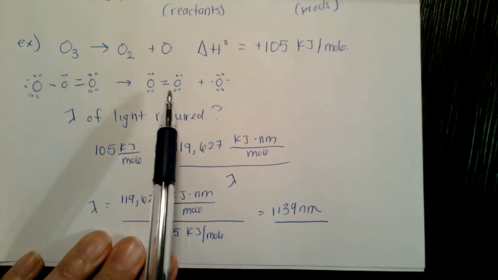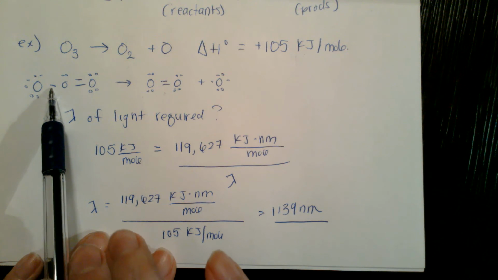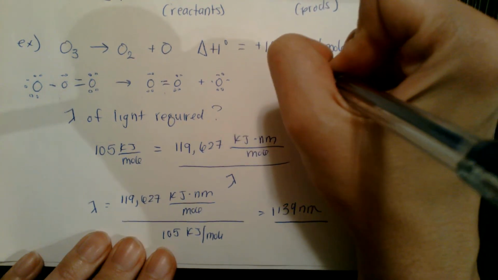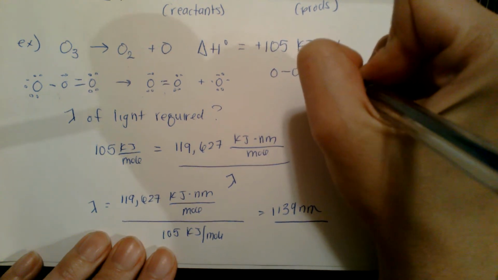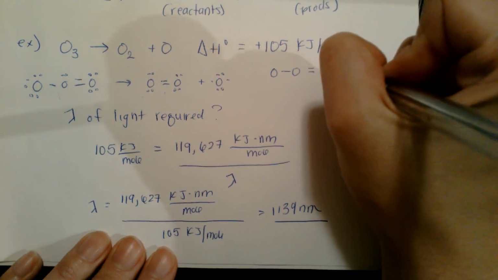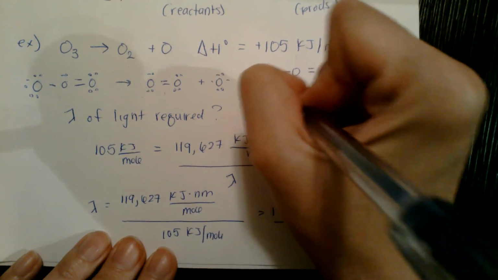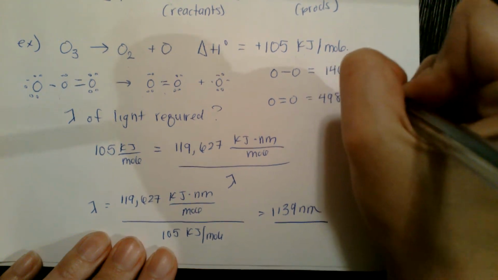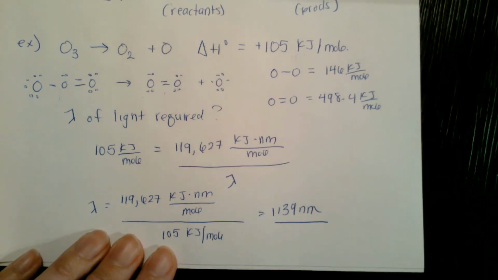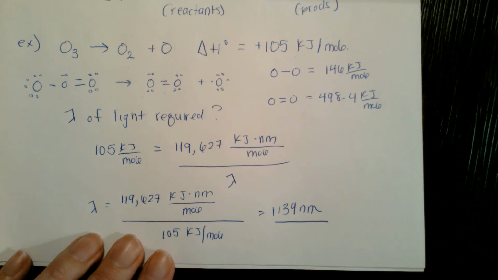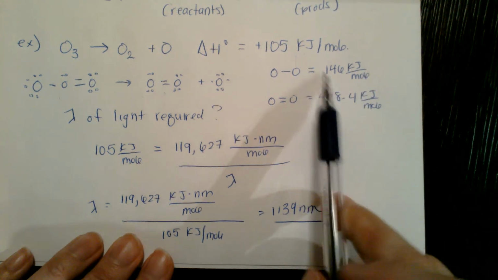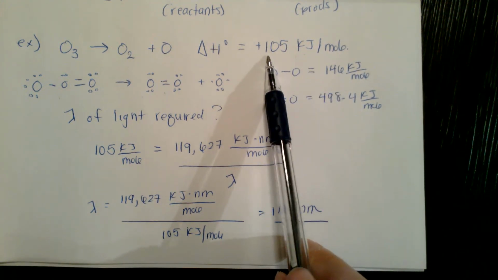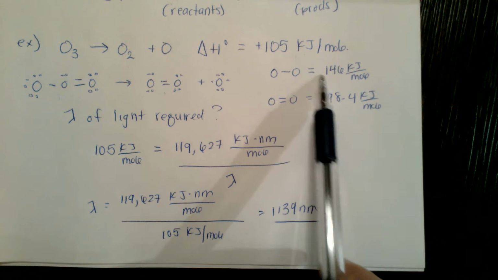So if we look up the bond energy of an oxygen-oxygen single and an oxygen-oxygen double, we get the following. Oxygen-oxygen single is 146 kilojoules per mole, and an oxygen-oxygen double is 498.4 kilojoules per mole. Okay, so this is not that different from this here. The only thing that might be different is, say, states, or